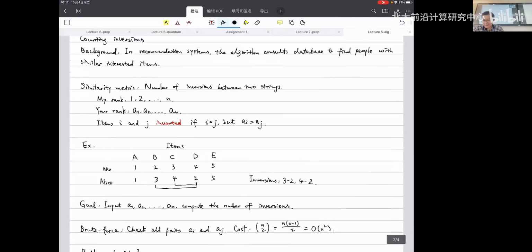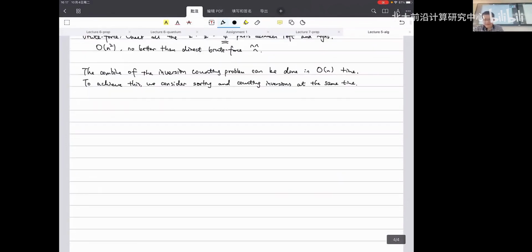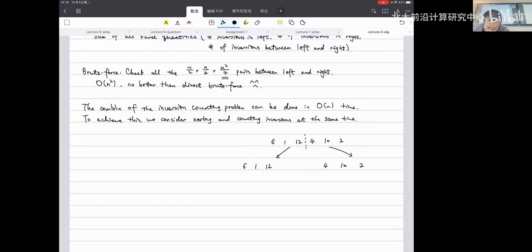So let's imagine how we are going to do this, and let's do it by example. Consider, for instance, 6, 1, 12, 4, 10, 2. In the divide and conquer, we make a division in the middle. Here we have 6, 1, 12, and here we have 4, 10, 2. So in the conquer part,